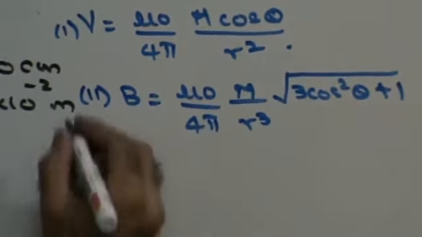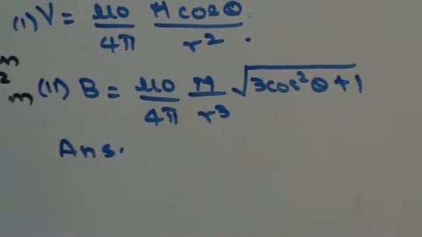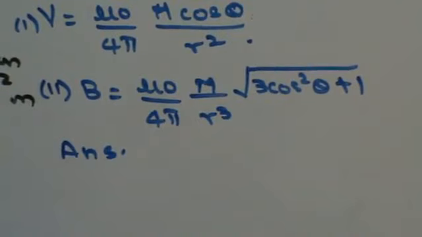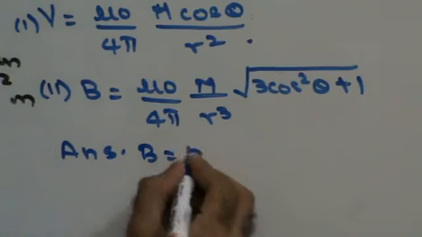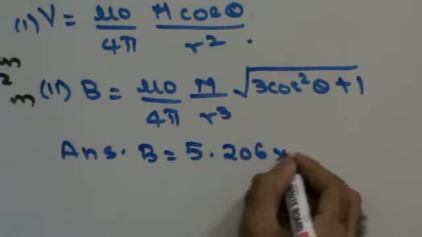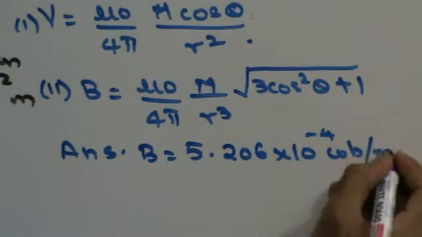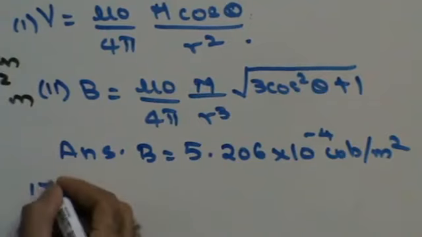The answer for this sum, m you would have already found out from there. You should get the answer for this sum: magnetic induction should be 5.206 into 10 raised to minus 4 Webers per meter square. Next,